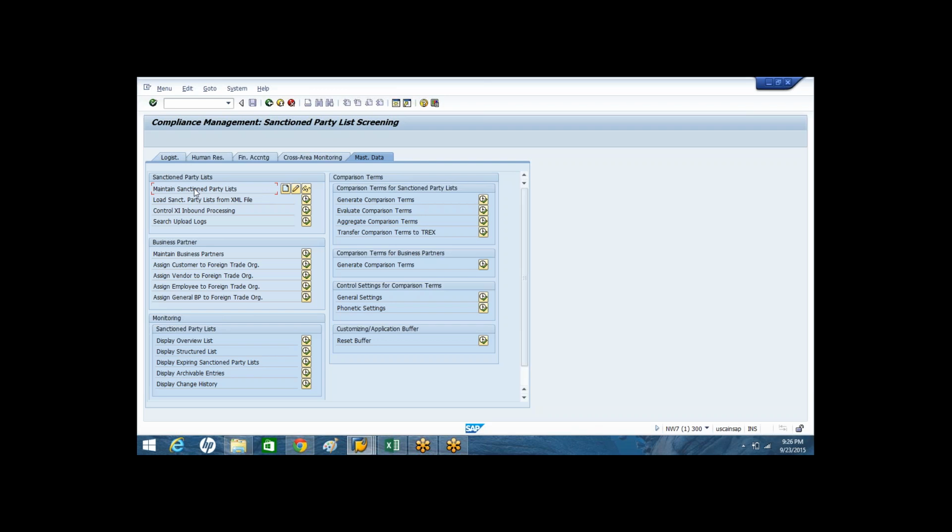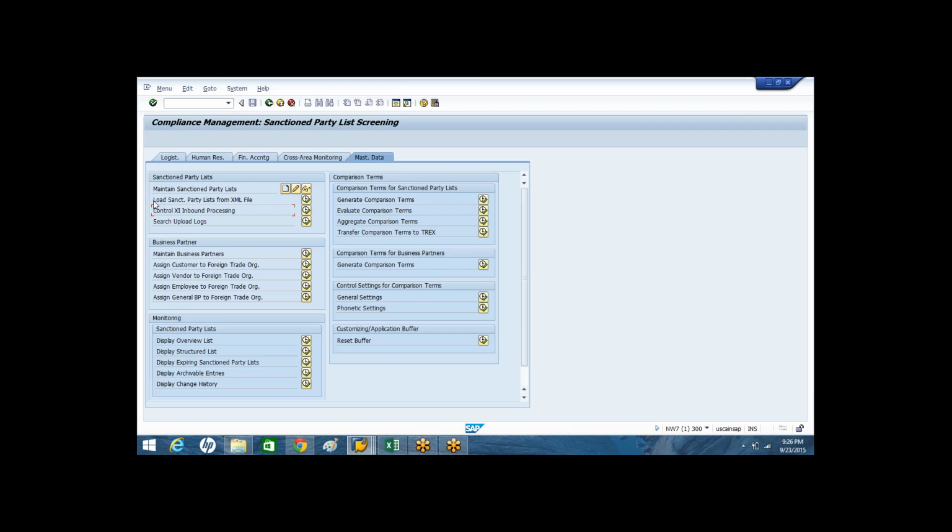Here is the transaction for defining an SPL list manually. To maintain the SPL list manually, like an individual member, there are two ways. You can define an SPL member manually whenever it is required, or you can upload a huge list, a big list, using the XML file.